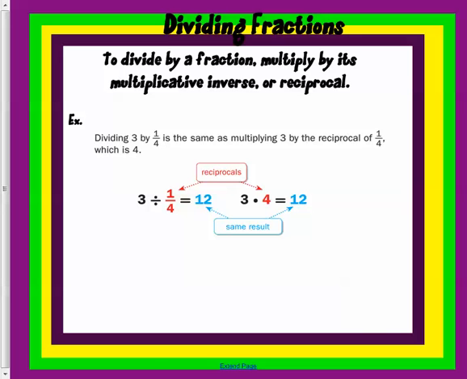Today's video is on dividing fractions. To divide a fraction, it's the same thing as multiplying by the reciprocal of the number. For example,